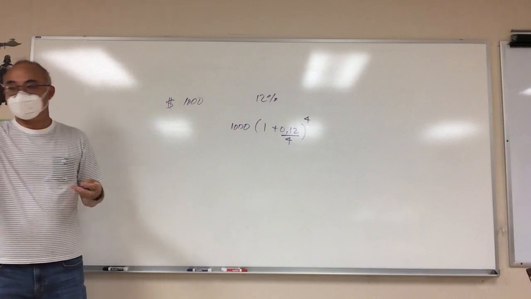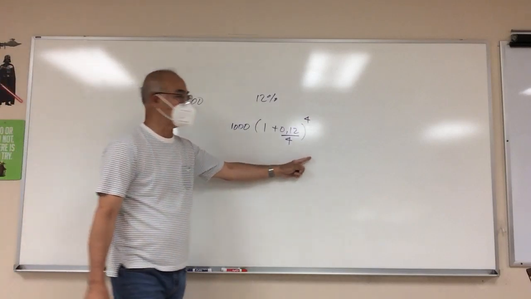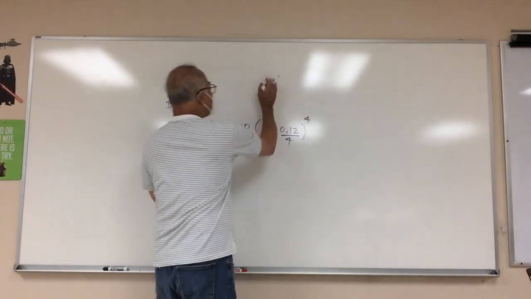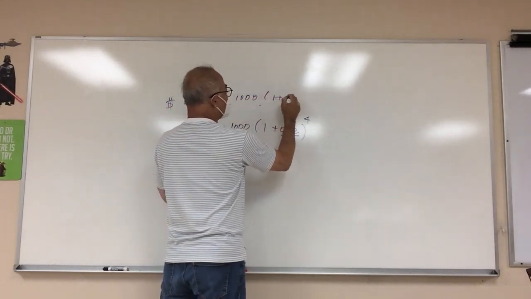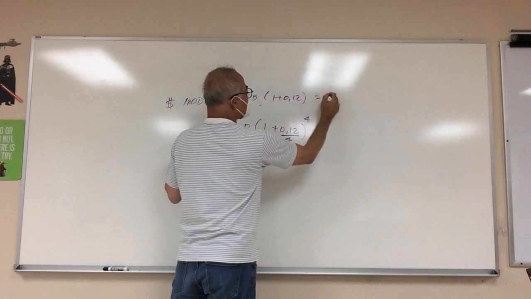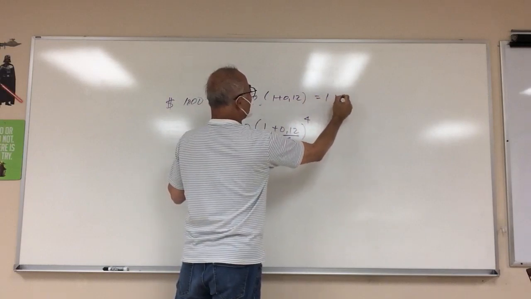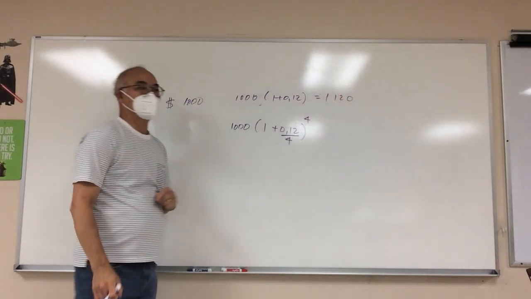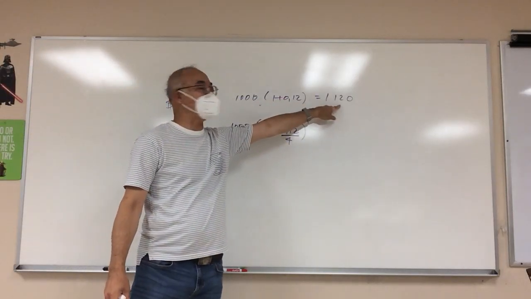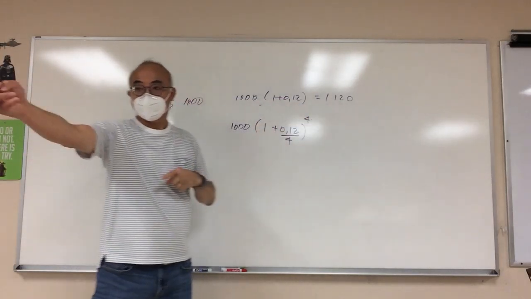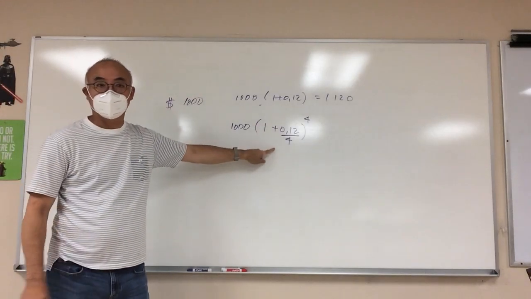Anybody got your calculator? Go ahead and calculate this for me. Because originally we had what? So this is going to give me what? That's how much money I'm going to make, right? So in the end, I'm making how much money? In interest, I'm going to make $120, right? What was this? Oh, I forgot to add the little